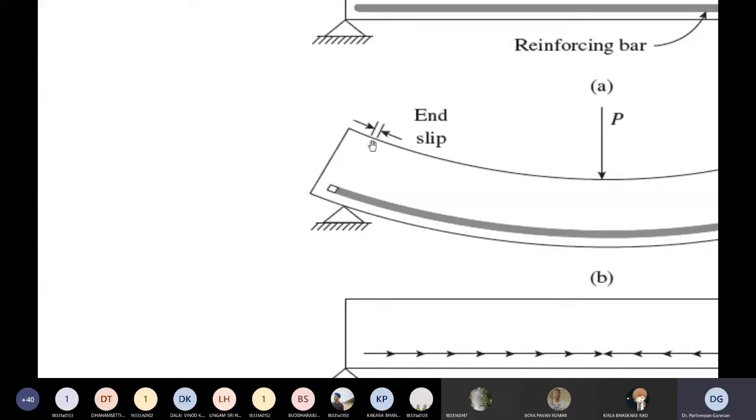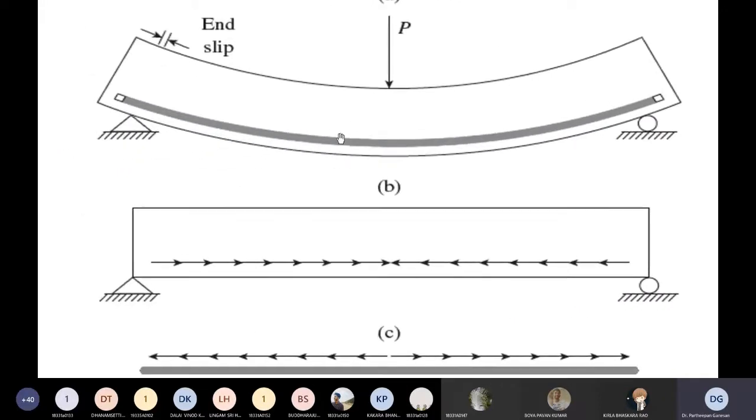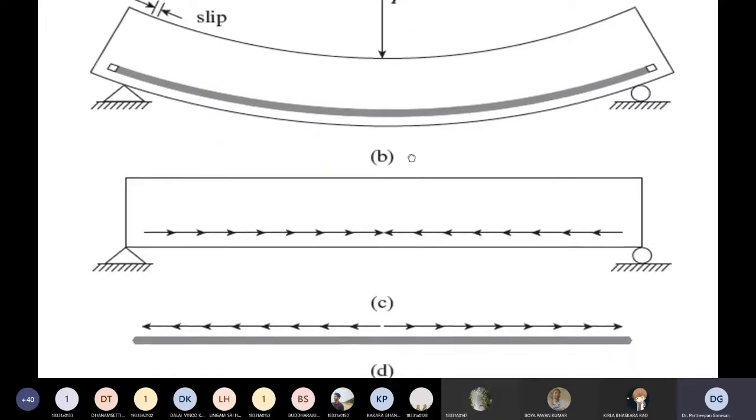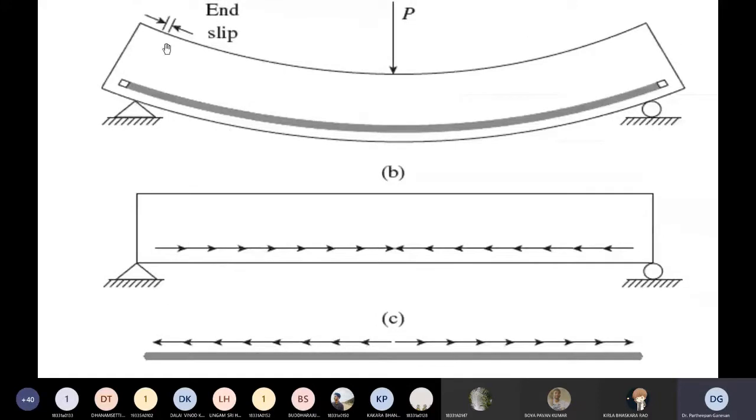See here, there is a slip because there is no bond between the steel and the concrete, because the steel is a smooth one and we have coated it with some grease or oil. So obviously there will be slip between concrete and steel. This is called end slip, and the same end slip will be there on the right side also. Now, instead of providing plain steel, you provide the deformed bar, where a lot of corrugations are there on the surface. Then automatically this slip will not take place.